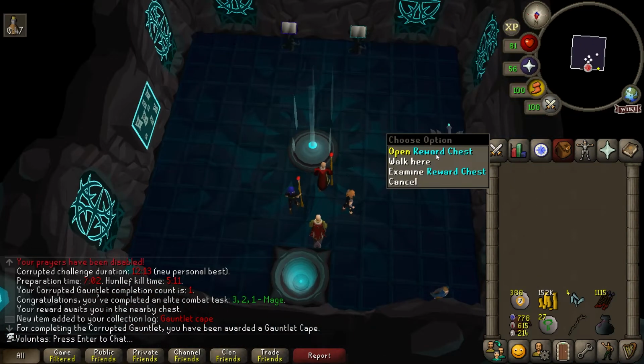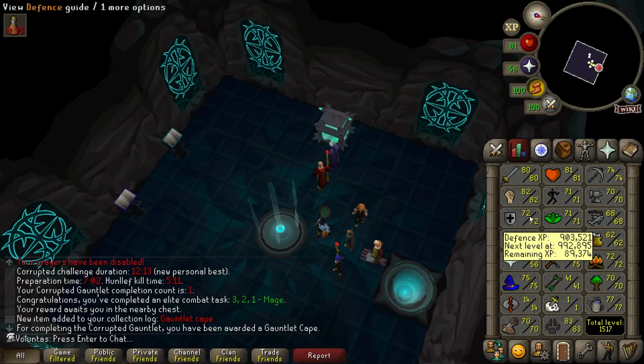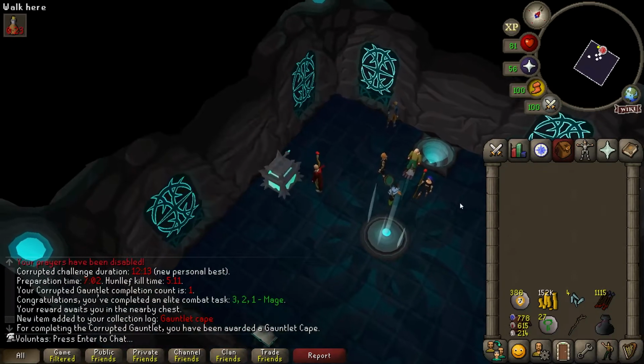Wasn't too bad. Honestly, I get hit a lot. I'm surprised. I am 70 defense, which I thought would mean something. I can't imagine doing this on a 1 defense account, but it does seem doable. I probably will do tier 2 preps and just make sure to get a lot of food. And as I go, I should get better at this, but